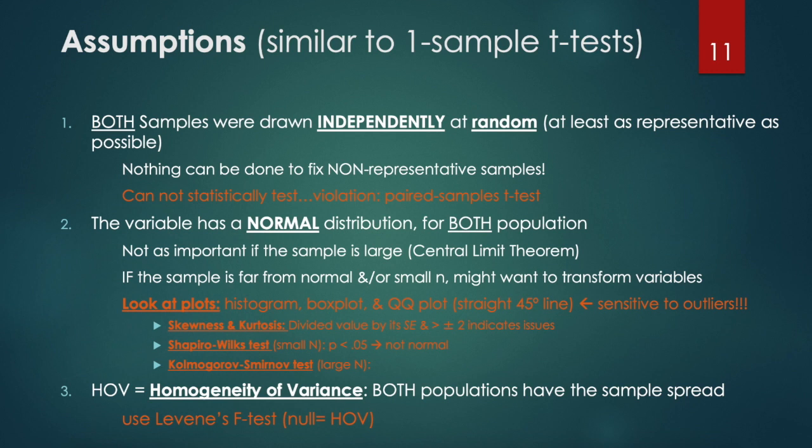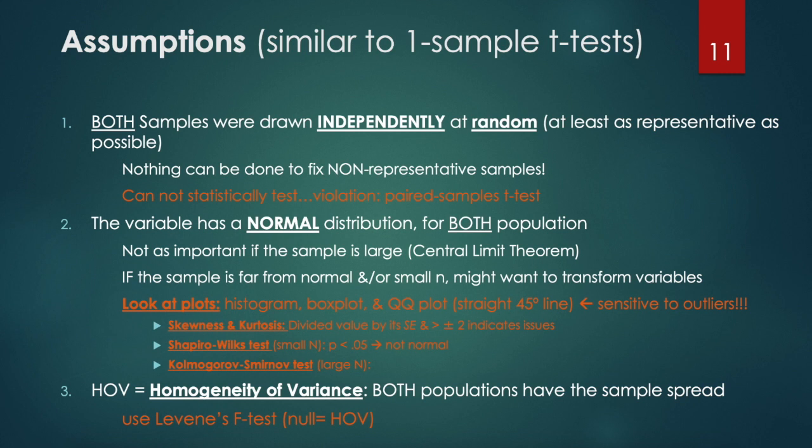To assess this assumption, we can look at plots. Personally, I love the QQ plot, but histograms and box plots are really great to understand whether it looks roughly normal. We also can look at skewness and kurtosis. We can look at the Shapiro-Wilk test, I don't use that one much, or the Kolmogorov-Smirnov test, which you can use if you have a large n. I don't use either of those,